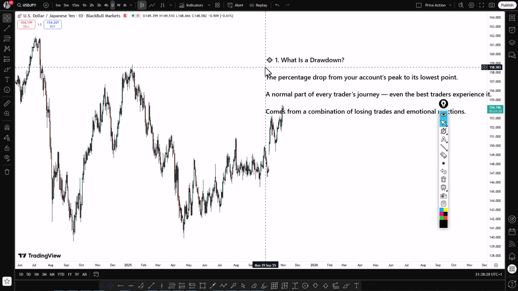Okay, and what thing am I talking about? The thing I'm talking about is drawdown, or in simple terms, it just means losses in trading. Okay, and if you've been trading for any period of time, I'm pretty sure if it wasn't the case that you were introduced to trading by someone who already knows much about it, and so he sat you down, broke down everything to you, and explained to you how losses, just like wins, are part and parcel of trading, then you probably would have gotten into trading with the mindset that losses